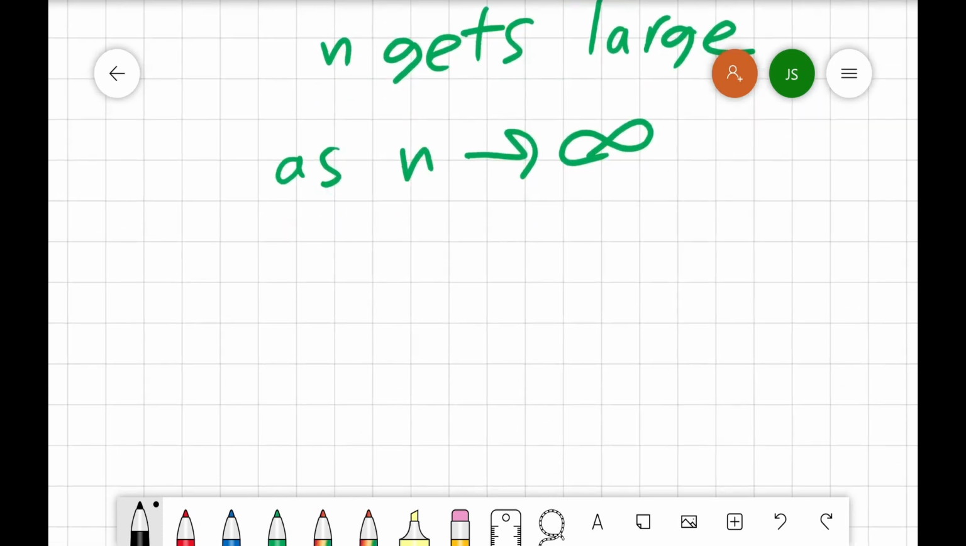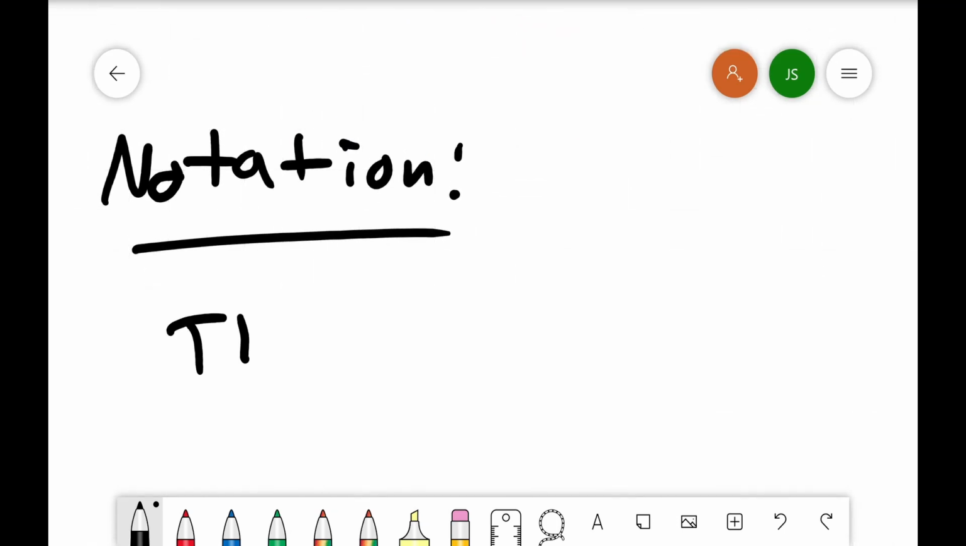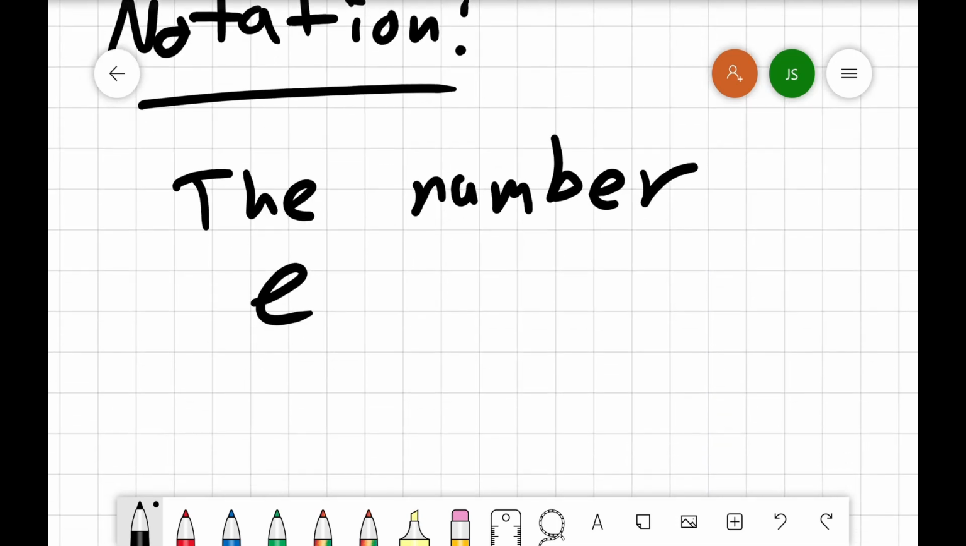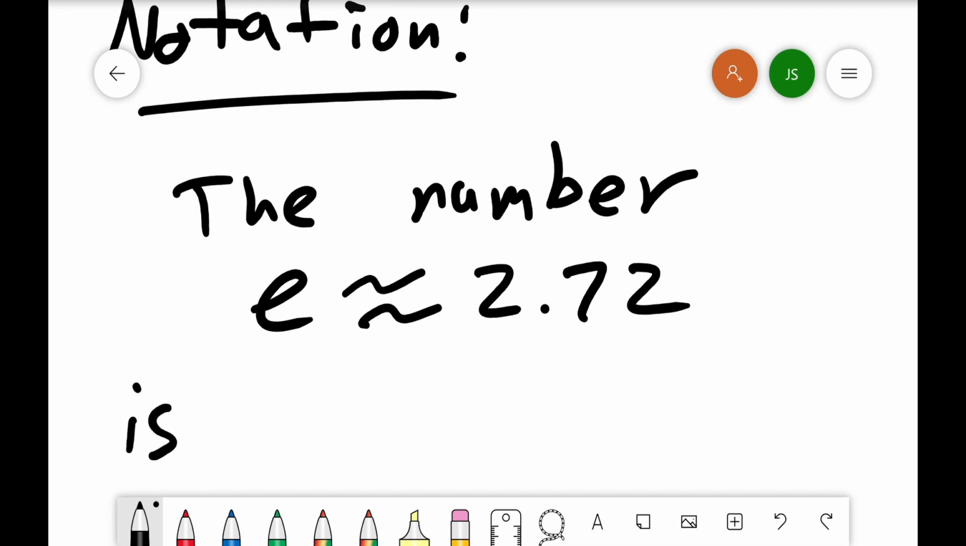This is called, it's called notation. So the number e. So it's like pi. It's a special letter that we use for a number. Pi is one of those non-repeating decimal numbers. You might say it's irrational. E is same deal. This is approximately 2.72, and this number is called